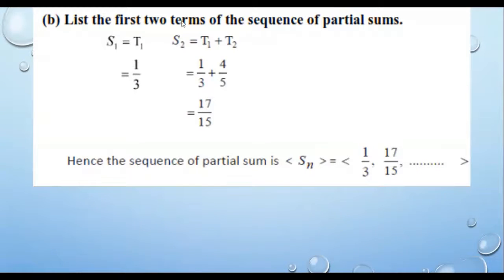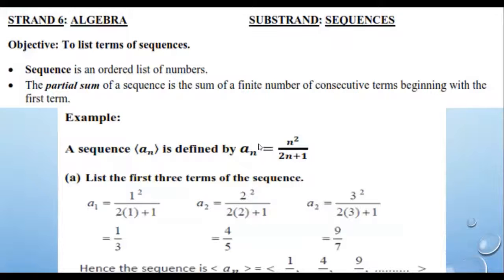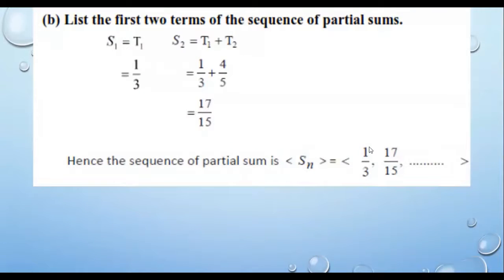It says find the first 2 terms of the sequence of partial sums. Now as I said, partial sums, remember the first term was 1/3, second term is 4/5. So for the partial sum, the first term will remain the same, which is 1/3. As you can see, it is here. The second term will be the first term plus second term. That is 1/3 plus 4/5,